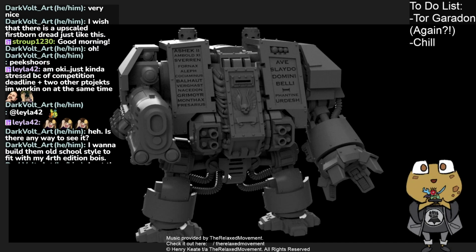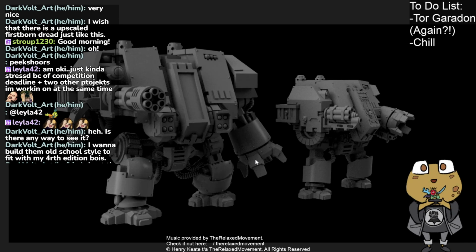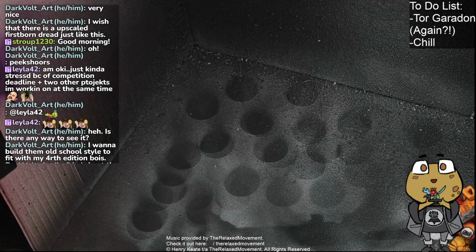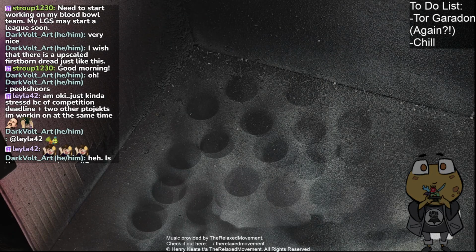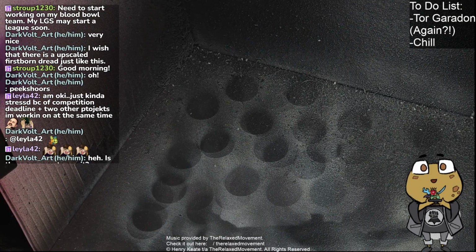So, like, he's got the underslung Stormbolters, for example. And on the back, he's also got the top-mounted gun, which can also be a banner. It's magnetized, which is great. And the backpack is the Redemptor backpack versus the Firstborn one. So if at any point you have some discretionary money and you want one printed, I can definitely print one out for you. They're super neat. I don't know, but I think it might even have some Dark Angels armor plates. So you could potentially make a very odd...